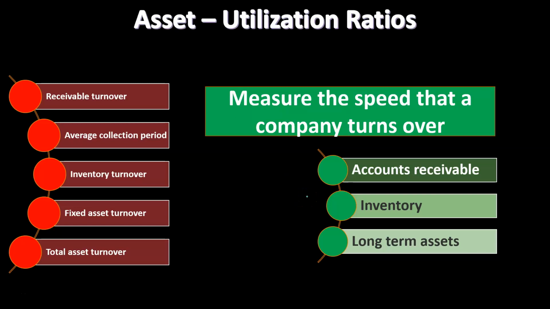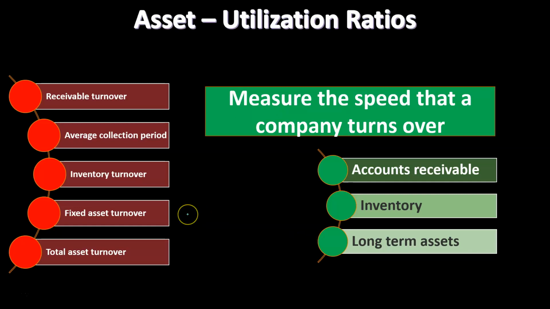Inventory, we want to turn those things over. We want to turn over the inventory quicker, because the more we can turn over the inventory, the less inventory we will have on hand at any point in time, and the less cost of handling the inventory. And if we turn it over faster, we're going to be generating more revenue. However, we have to balance that out with making sure we have enough inventory to cover any kind of problems that could happen, so that we can meet our sales obligations. So there's kind of a balancing act going on. But then long-term assets,